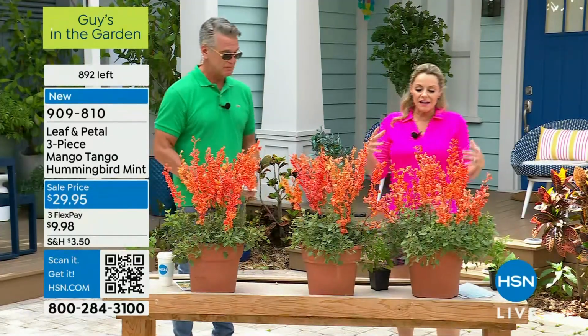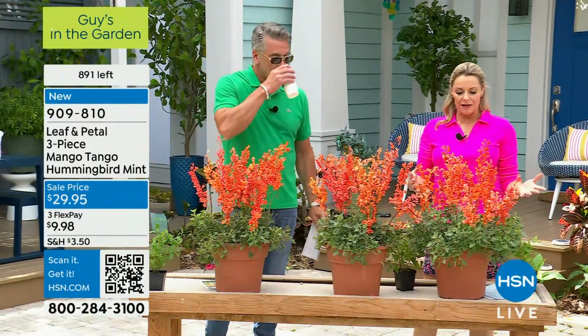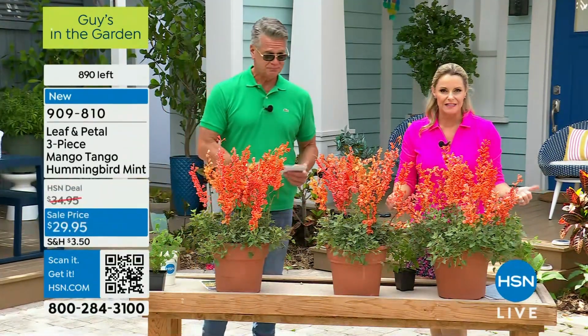Yeah, so this is, again, another perennial. This is a tough, compact perennial. Super easy to grow, super low maintenance, but it gives you so much. I mean, first of all, just the color of it, the fragrance. And because it has that fragrant foliage, the deer will not touch it. They hate it. What we love, they hate. That's a bonus. But what also makes it great is that it draws in those pollinators, and specifically the hummingbirds,